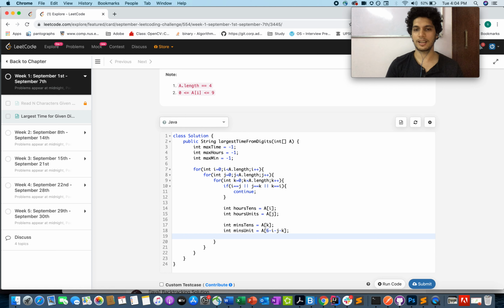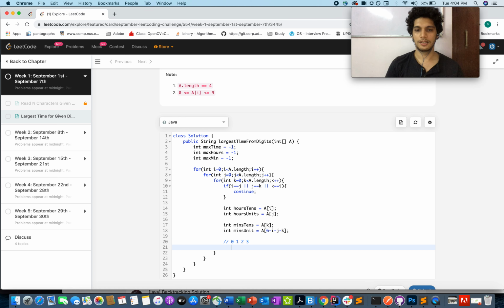Now how did I come up with this logic, 6 minus i minus j minus k? I'll tell you how. 0, 1, 2, 3. These are the four possible indexes of my array where elements are stored. So what is the maximum possible value for the ith index? It's 3. For the jth index it's 2.